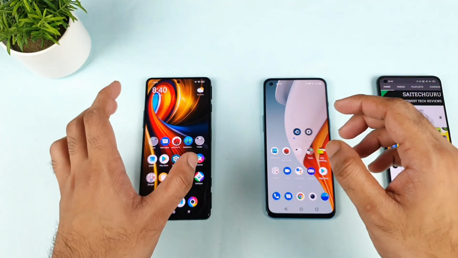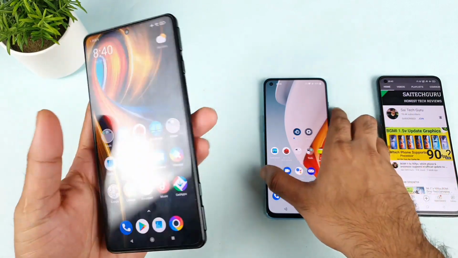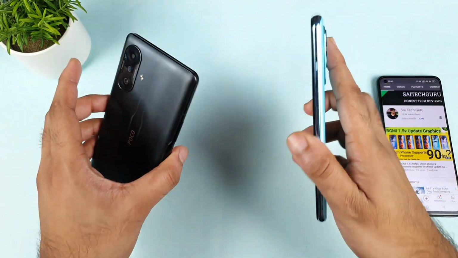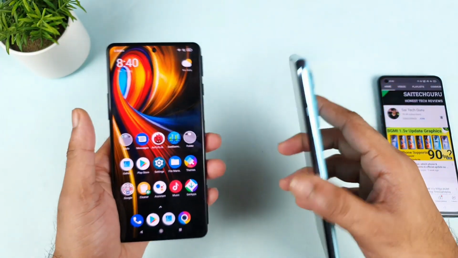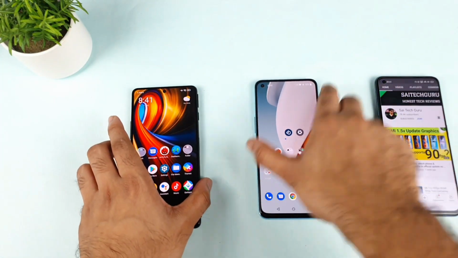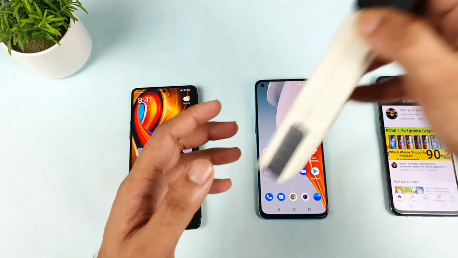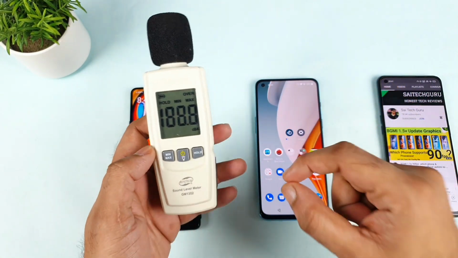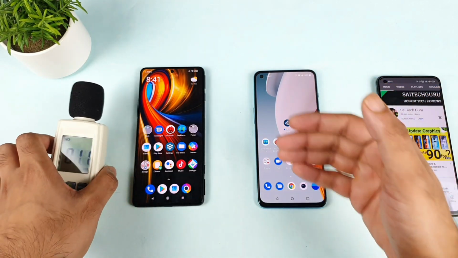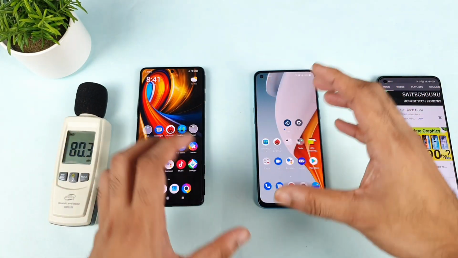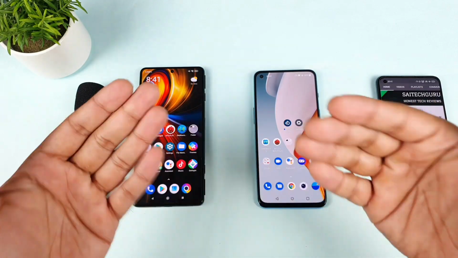In today's video, we'll compare the loudspeakers of the Poco F3 GT versus the OnePlus Nord 2. This is another most requested question, friends: which loudspeaker is best and has really good output. That is what I'm going to test using the sound meter bar which I got right now. As you can see, I'll try to test which phone has the really good bottom speaker and which phone has the really good top speaker. I'll try to test individually as well, so in this way, we'll be able to get to know which is better.